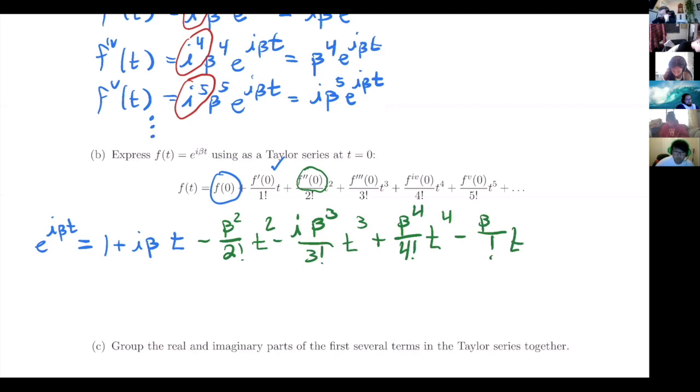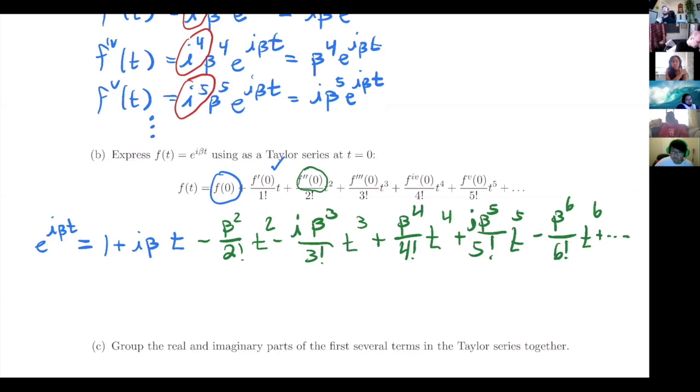So that would be our 5th order term, and then I'll just stop with the 6th one. So in any case, you can see we've got a pretty predictable pattern